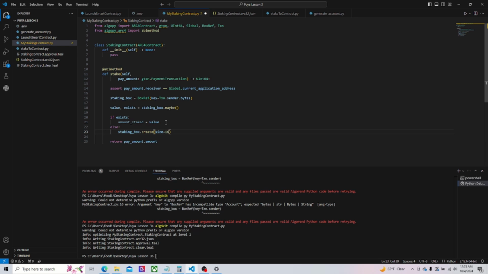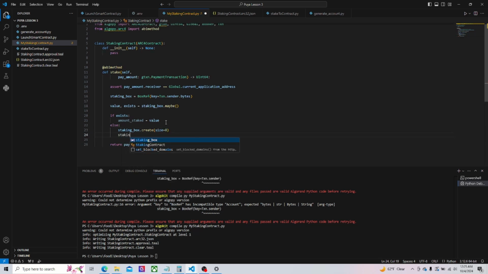I could do 16 and then only put in 8 bytes and it'll only fill the first 8 if I splice, because originally, when you create the box, it just fills it with zeros, 0 bytes. So you can always go back and adjust values later, or leave one part empty until another time. So we're going to create the box with size 8 for now, and then we're going to put into this